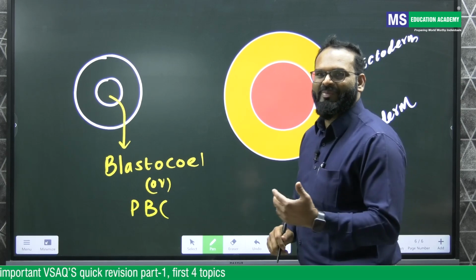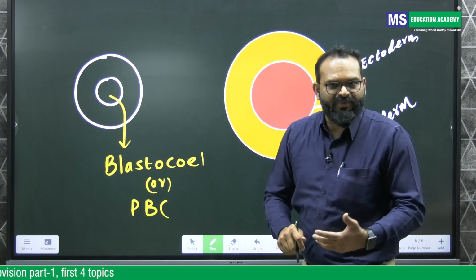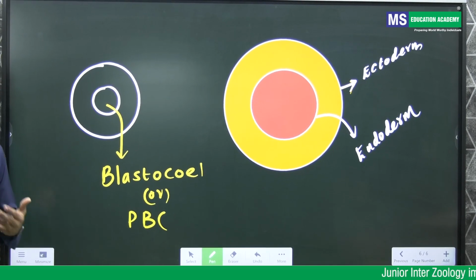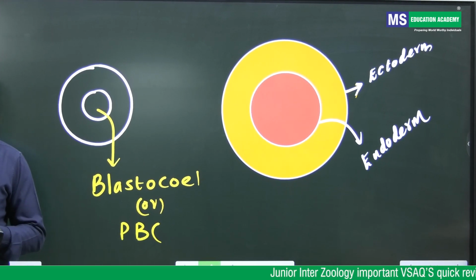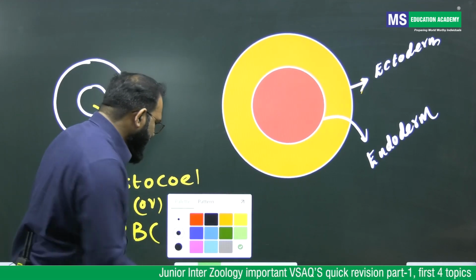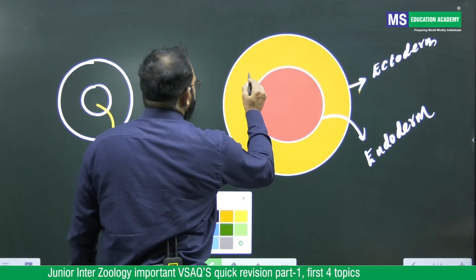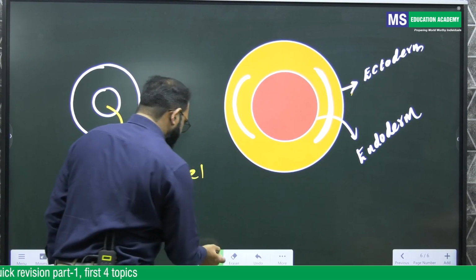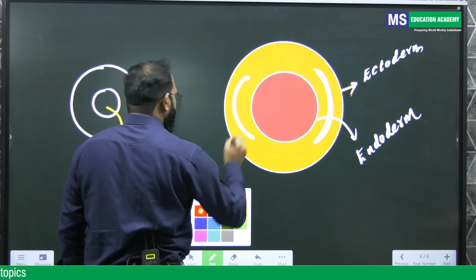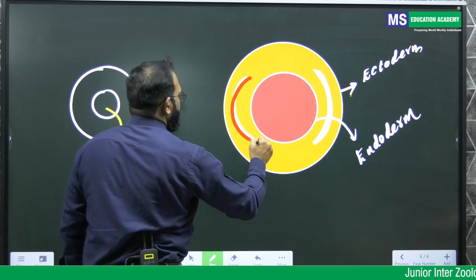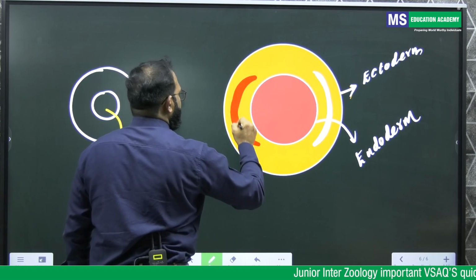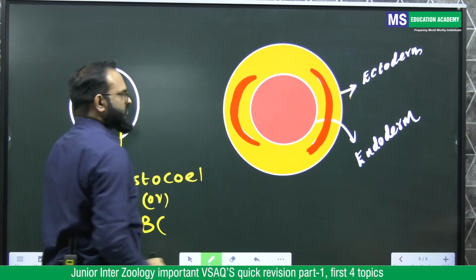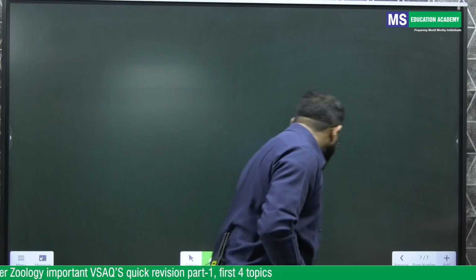What happens in triploblastic animals? Animals with 3 germ layers are called triploblastic animals. Animals which are having 3 germ layers: ectoderm, mesoderm and endoderm. See here, a third germ layer, the so-called mesoderm. Let us imagine, students, this is mesoderm. Let me draw this with red pen. This is mesodermal layer. Right, students. Now this is called mesoderm. Students, observe carefully.